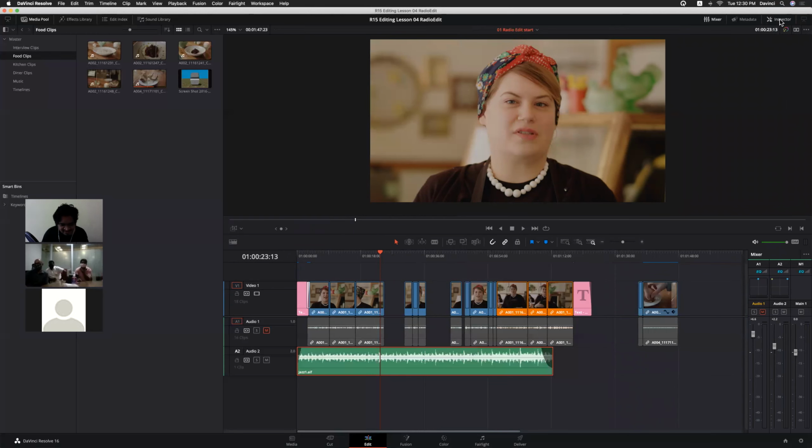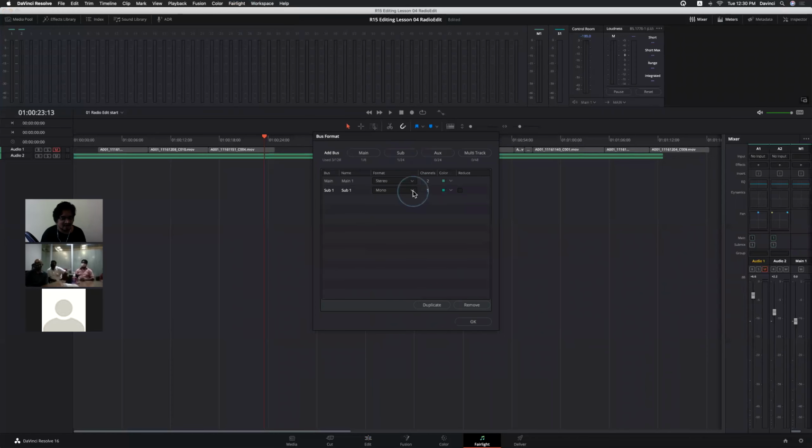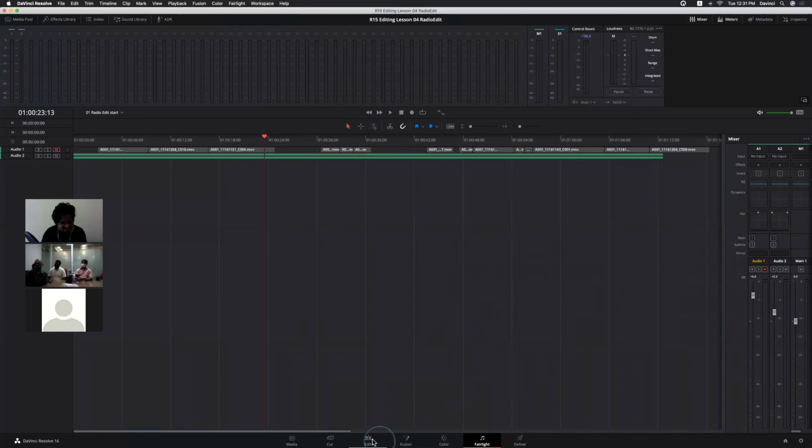And if you have more than one track, usually you people use, I think, 8 to 12 tracks, right? You need to adjust the audio levels of multiple tracks at a time. Okay. I will cover that topic in the Fairlight page: how to create a submix and how to assign a particular channel to a submix. Pretty much the same. I will try to explain it in an easy way. Okay? So let's get back to the edit page.